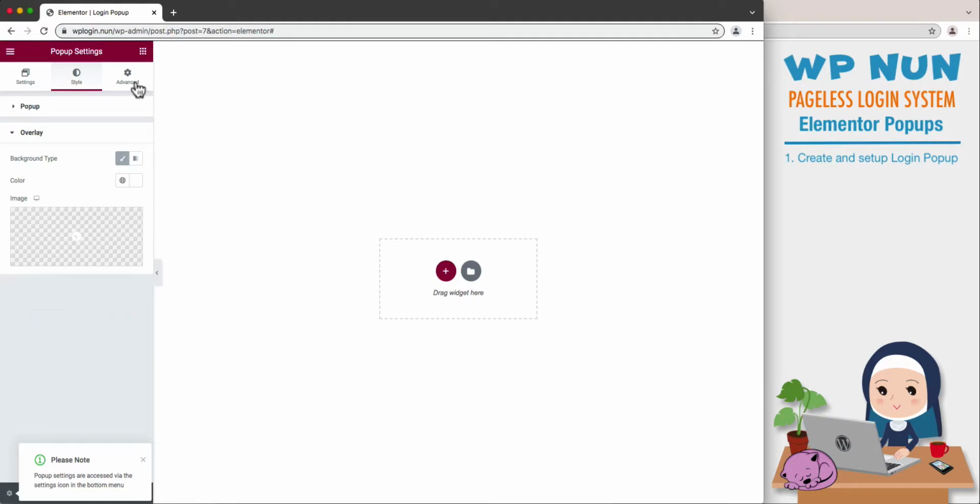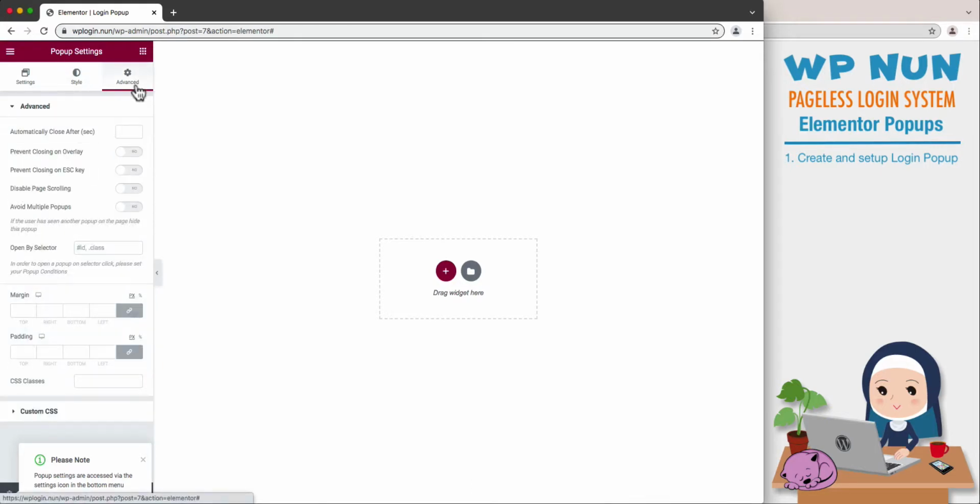In the Advanced tab, enable the following three options: Prevent closing on overlay, prevent closing on escape key, and disable page scrolling. In the Open by Selector field, we will use the CSS class to trigger our pop-up, so type in .wp